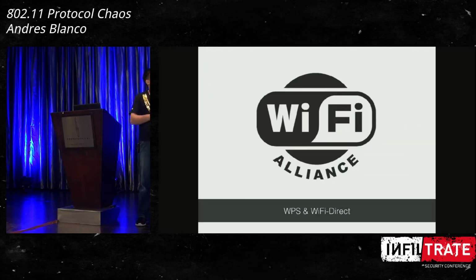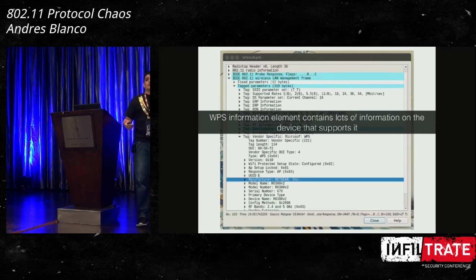So now I'm going to talk about the Wi-Fi Alliance, which is a non-profit organization that has released several specifications that run on 802.11. In this case, I'm going to talk about WPS and Wi-Fi Direct. So WPS is a protocol that many of you should know. It's a protocol that was attacked a couple of years ago with a PIN brute force attack. WPS gives you the capability to set the security of a network in an easy way. But I think that they do it in the worst way they could, okay?